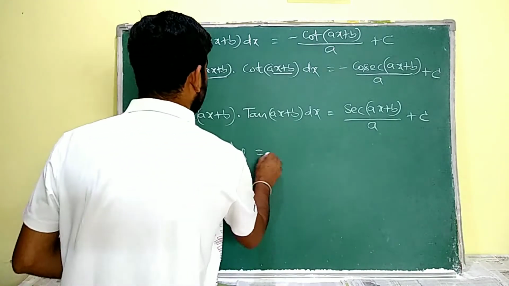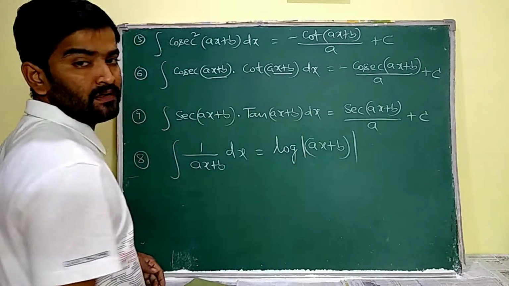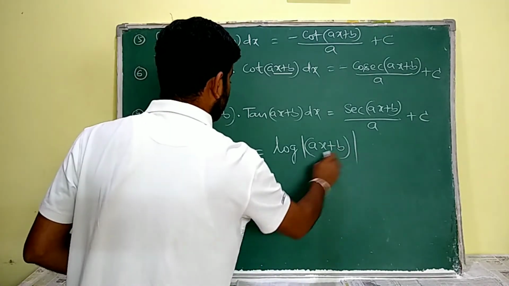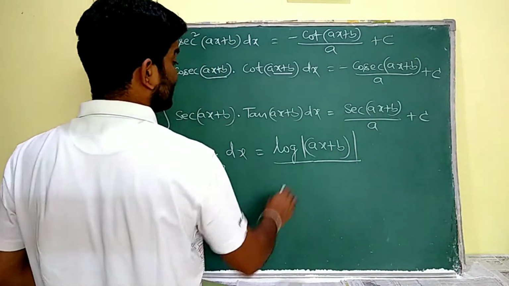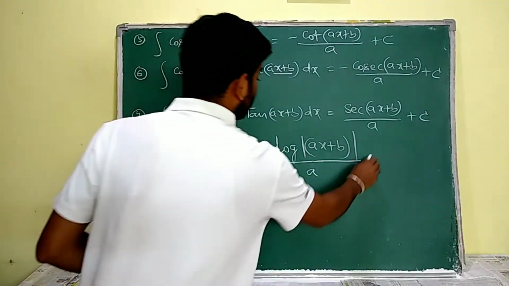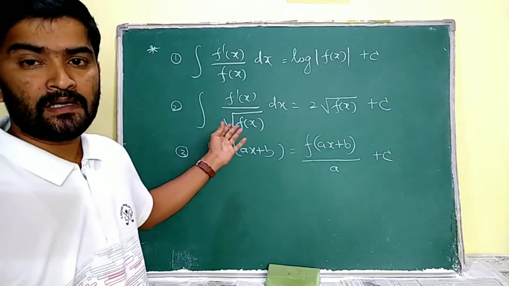For that integral 1 by x dx we know the value as log x. In the place of x I have ax plus b. Now I am going to write ax plus b, and I have to differentiate this ax plus b and write the obtained result in the denominator. Plus c. Understand? See?